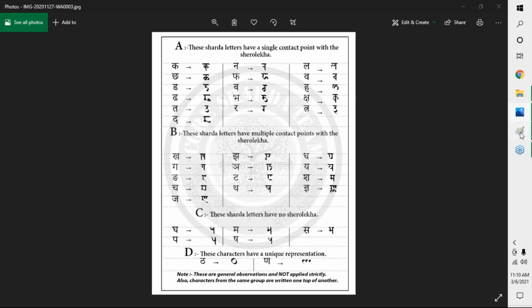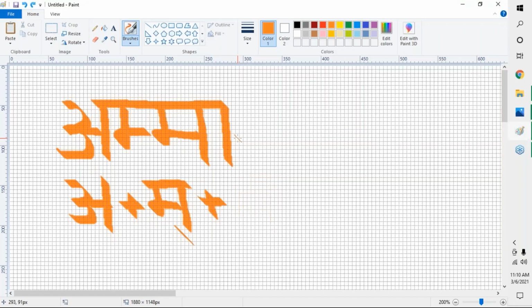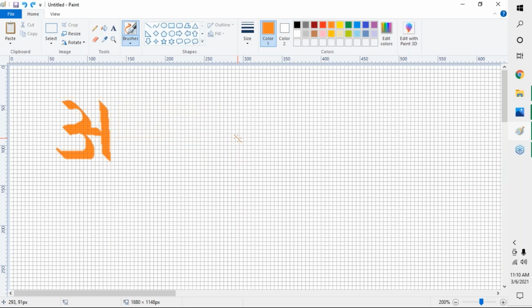So let me come here. We will do this practice once again. This is a very, very important rule in Sharda Lipi. That is the reason I'm saying we will have to be very attentive. I think we are going to have maybe 4 more classes, including today. It's very interesting because at the end there are very special rules. We will also send you all these training materials and reference materials for future guidance. But you will have to understand what we say. So first was category A.